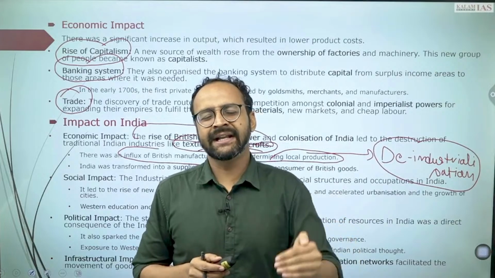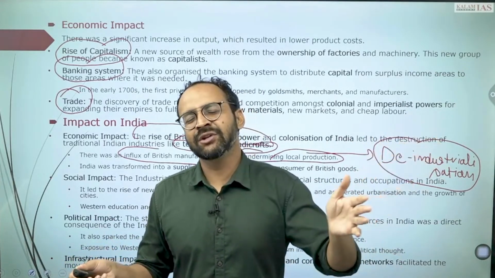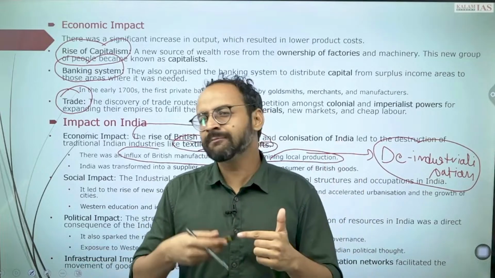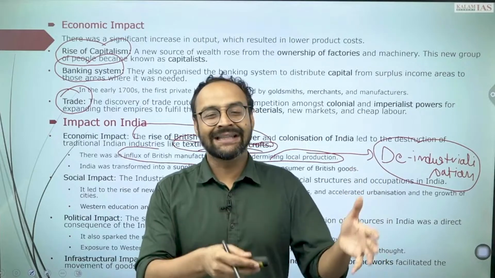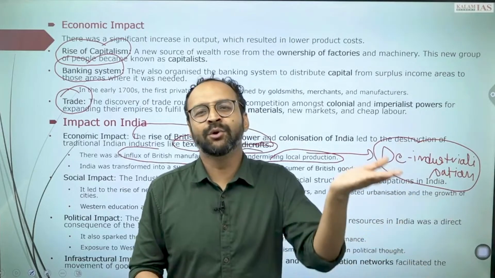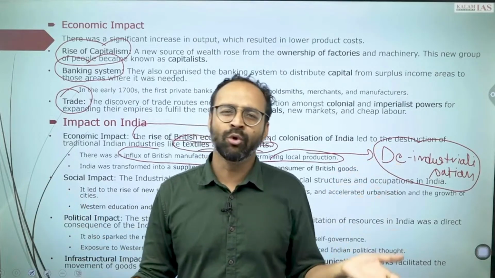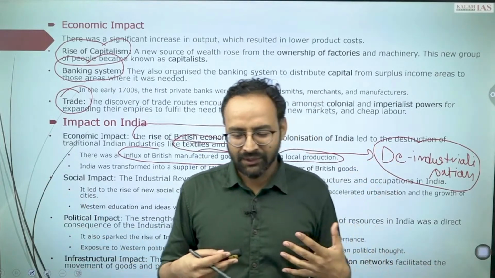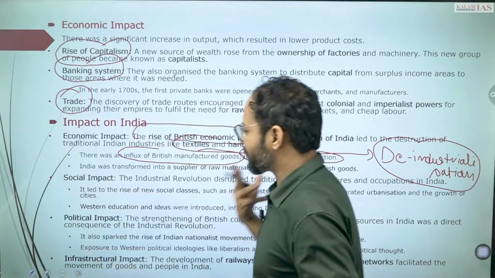So we had a great demand. Our goods were in great demand in Britain in the 18th century, but after the Industrial Revolution took place in Europe, in Britain very specifically, in particular, then they started producing more, and we started becoming more dependent, we were on a declining path. So ultimately this was the impact.